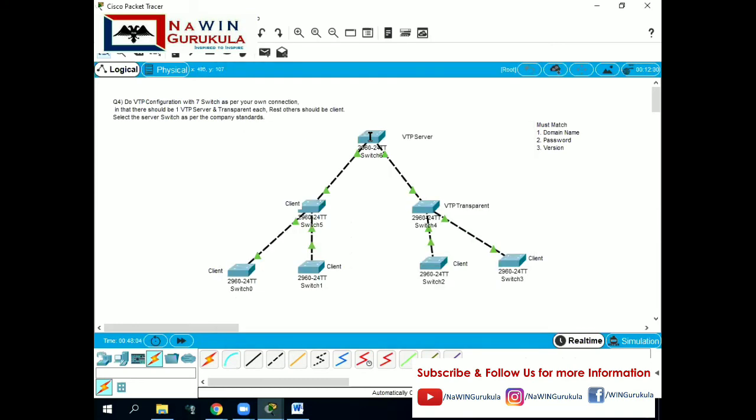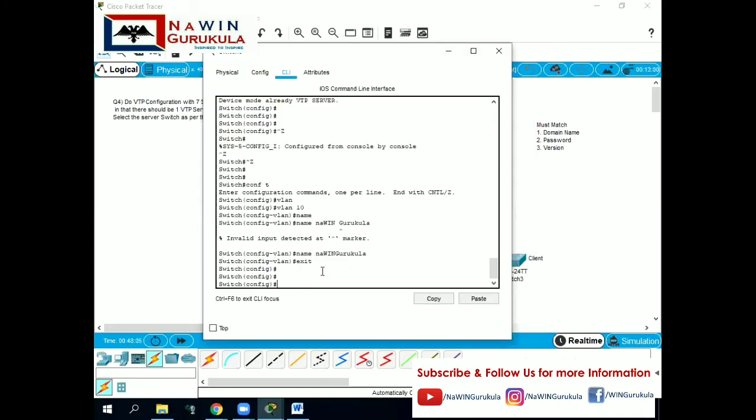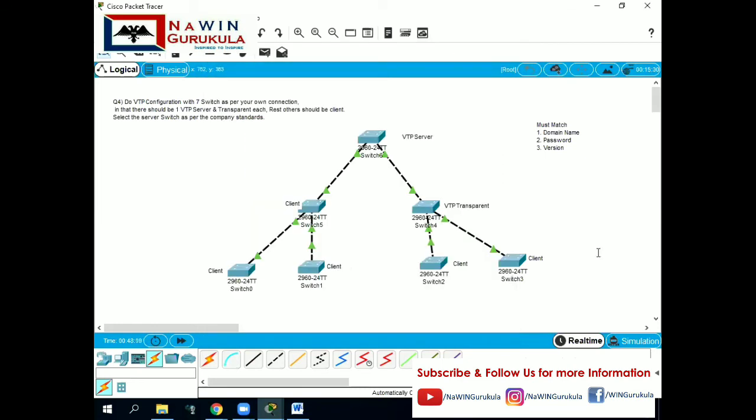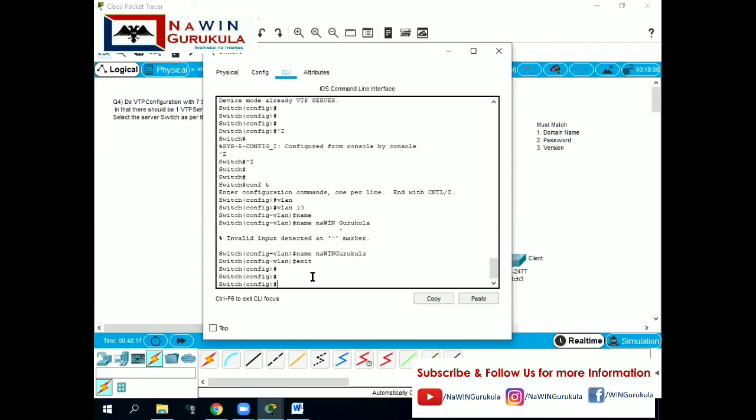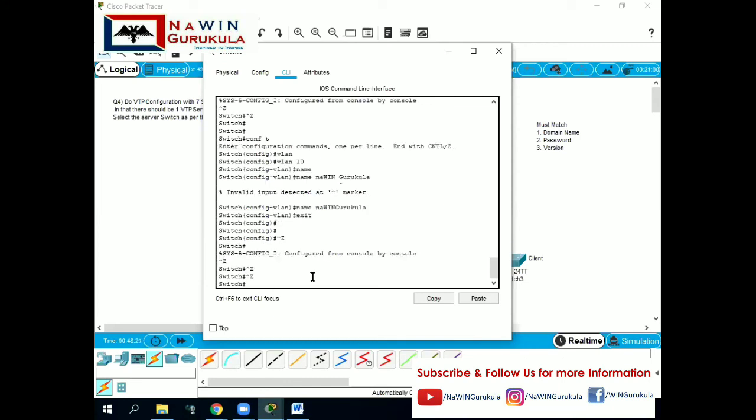Once you get confidence that the configuration you are doing is proper, even 100 VLANs can be added here, and that will not be hectic on the configuration part.